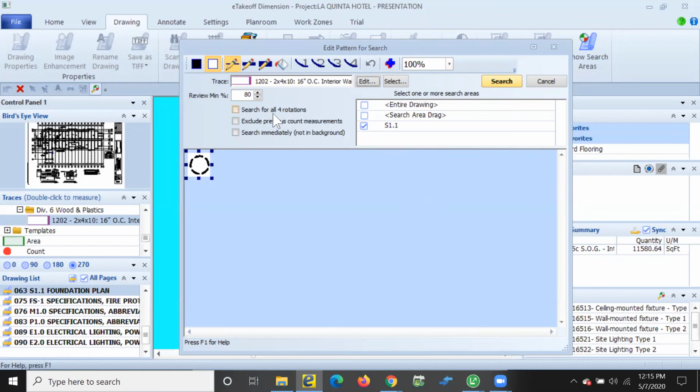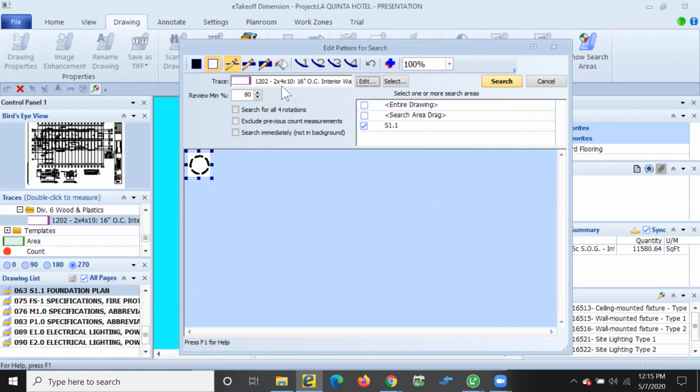plan. I do have the ability, if I had something with the directionality, to search all 4 rotations. So if you had a toilet or doors or something with the different directionalities, makes it easy there. You can also set the percentage of review here. So how wide a scope do you want it to get on what it's searching for? Different symbols might have a round border like this pier, for instance. You could find different door numbers and window numbers with that same sort of symbol search if you wanted it to.